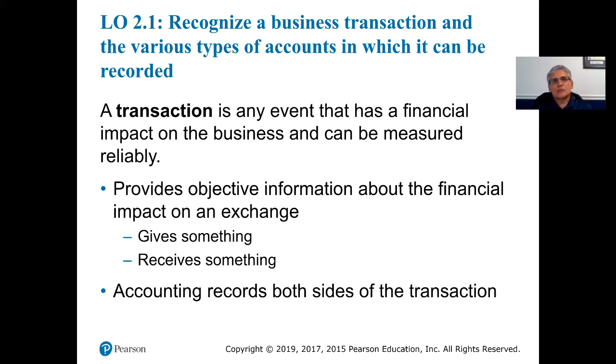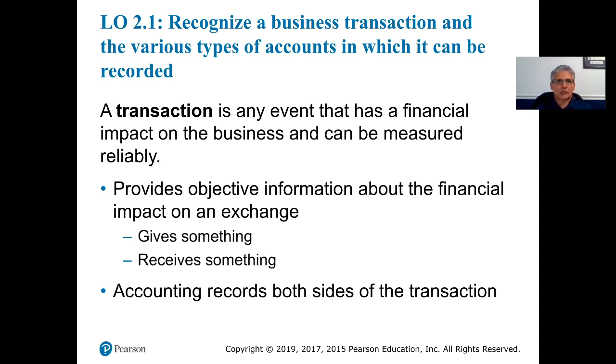So accounting records those economic events. And then accounting also records both sides of the transaction. Accounting records what you're giving up, and it also records what you're receiving. So when we're talking about a transaction, it always has at a minimum 2 accounts that are impacted